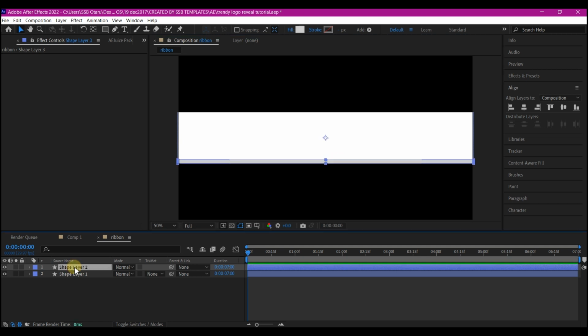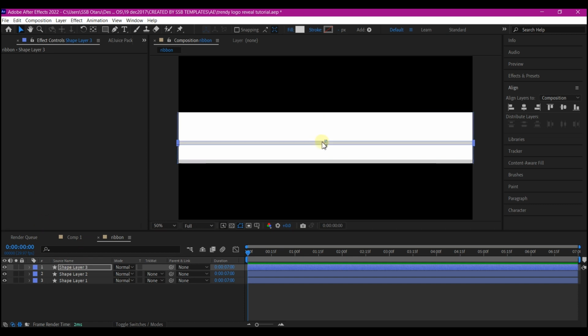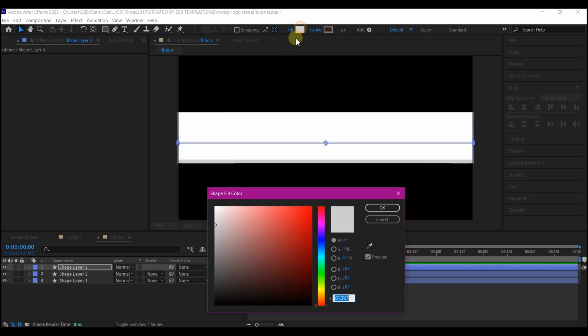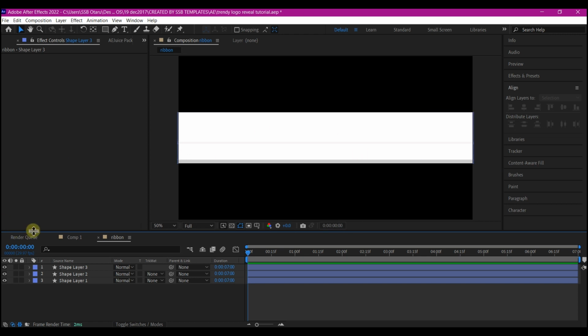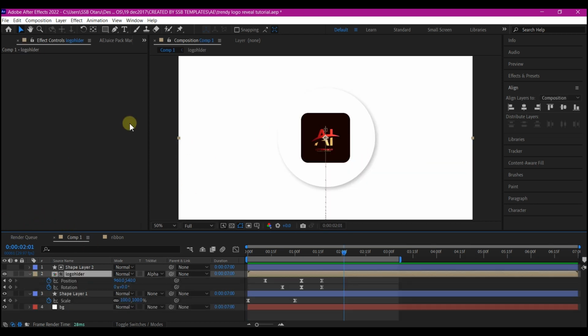So Ctrl D on your keyboard to duplicate that and then move it right above somewhat here. You can reduce the size of the strip and also change the gray color or the opacity, but I'm just gonna simply move that slightly to the white. Yes, this is okay. So what we're going to do now is to go back to our main composition, then